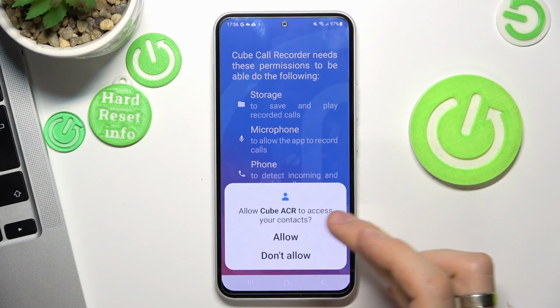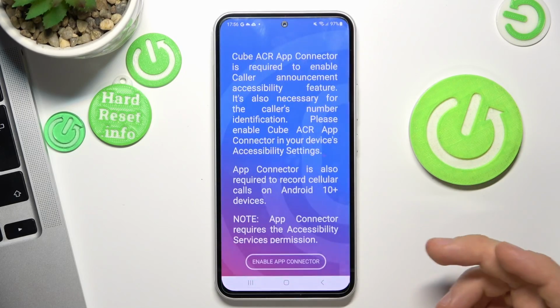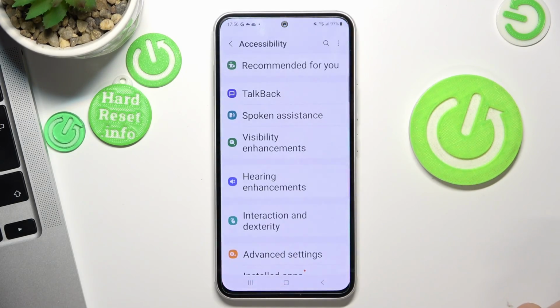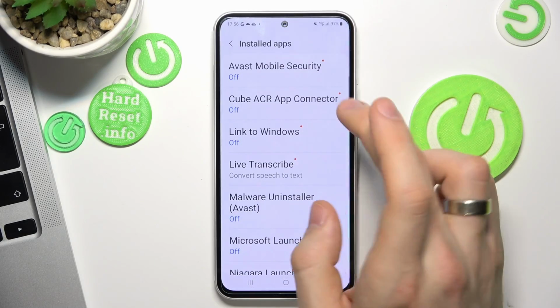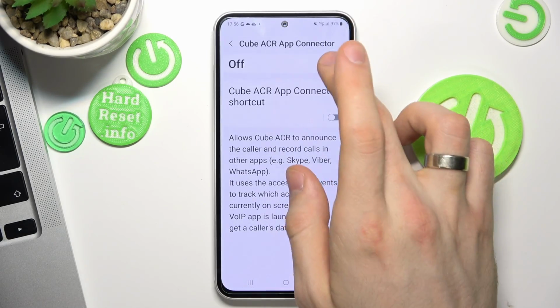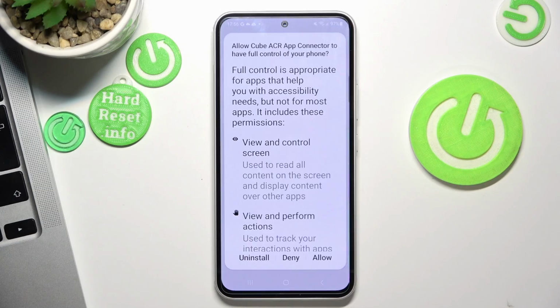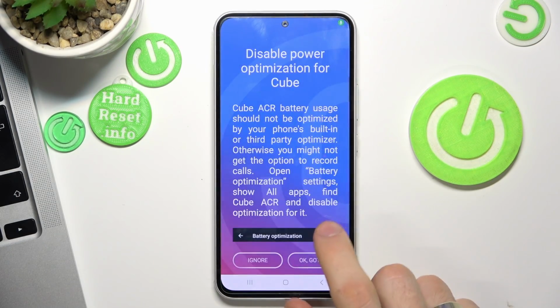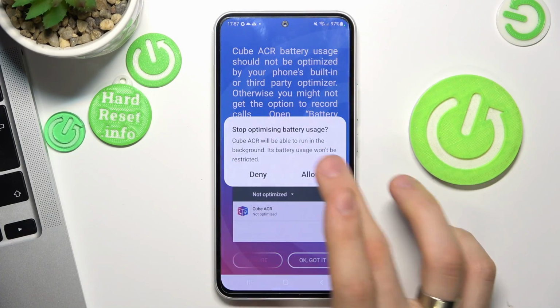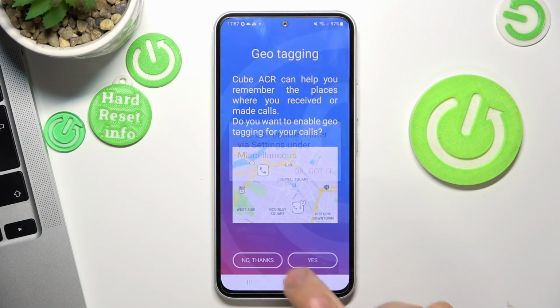So click while using the app, allow, enable app connector. Here you need to scroll down, find your installed apps, find your Cube ACR app connector, click it, so in the sense, on, click allow, then click allow, scroll down, okay, got it, allow again, no thanks, okay,